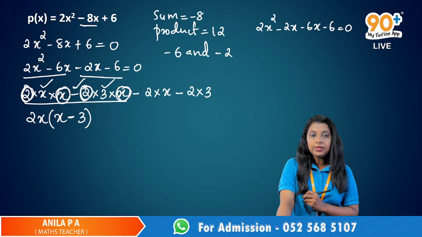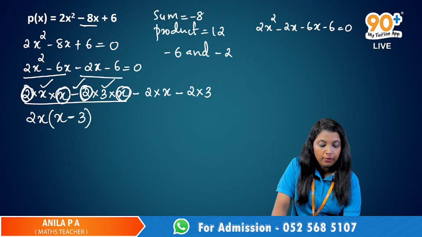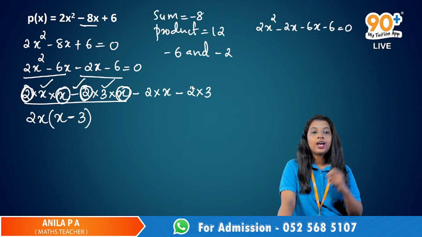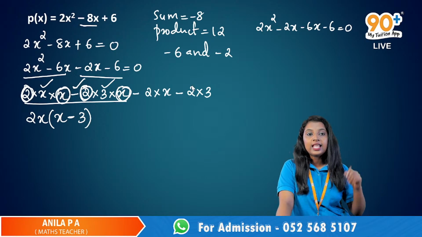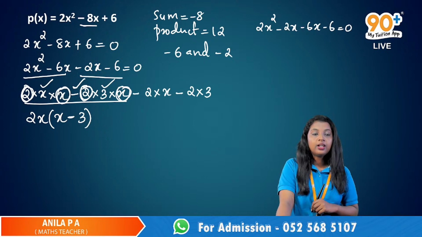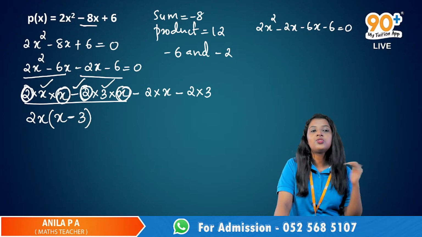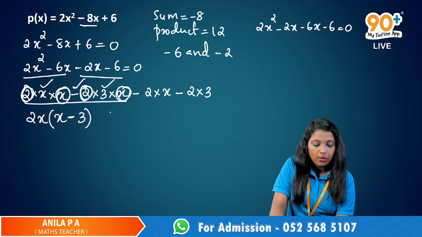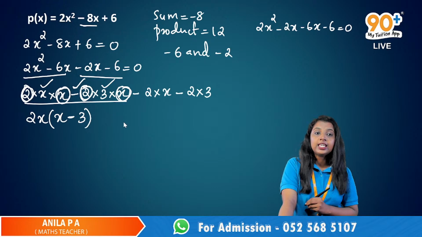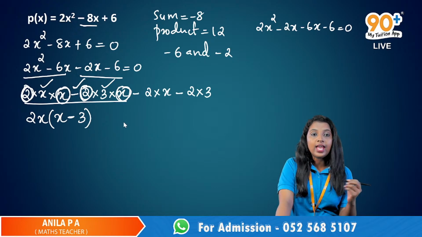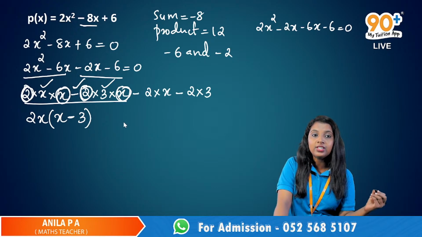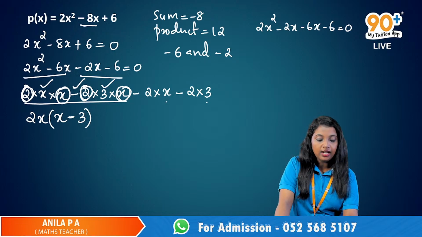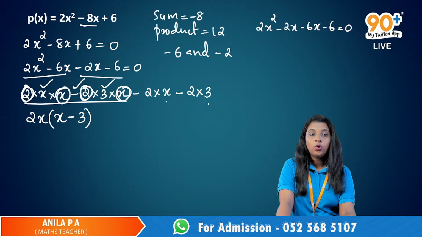Similarly, we have to look for the common factors here. Here we have a negative 2, and here also we have a negative 2. So we can take that negative 2 outside. What happens when we take this negative 2 outside? After taking that negative 2, what we have is 1x here. And here after taking negative 2, we have,